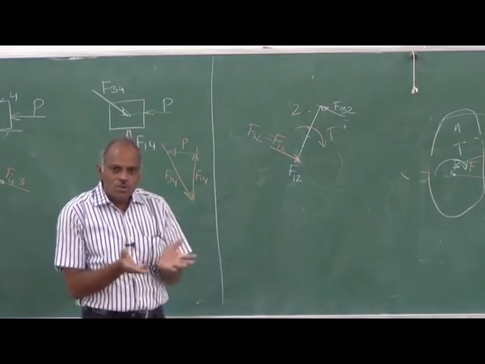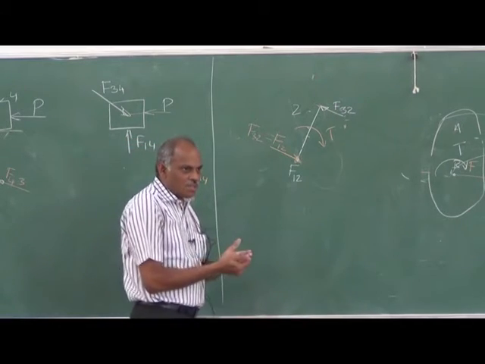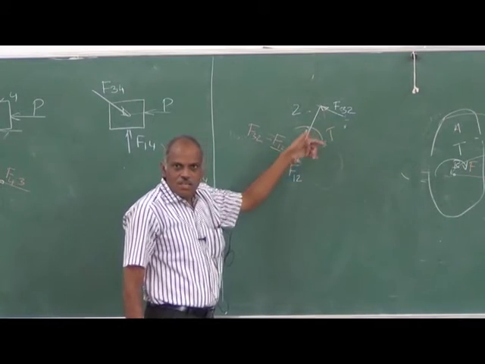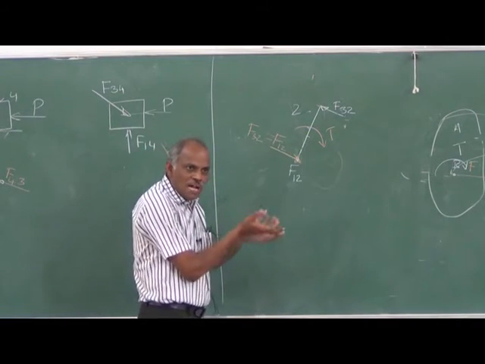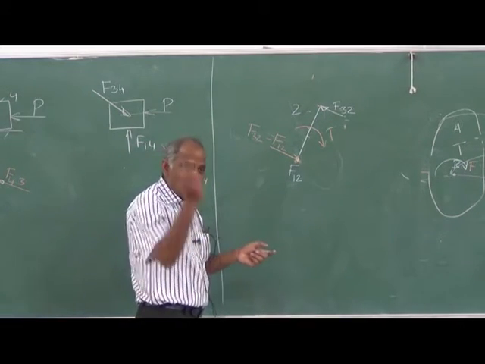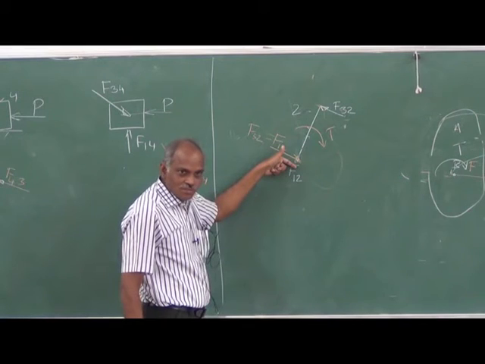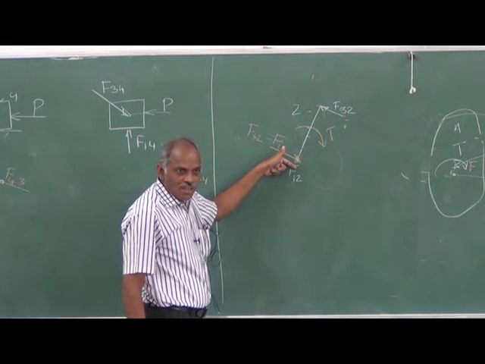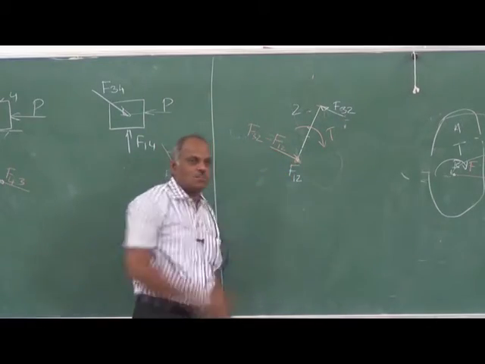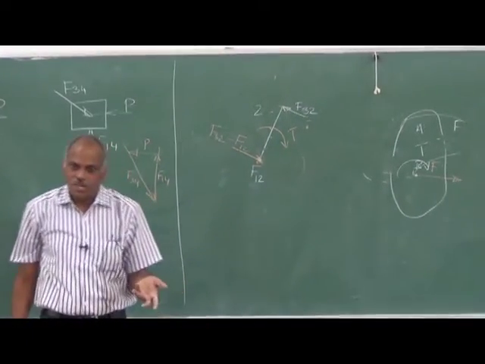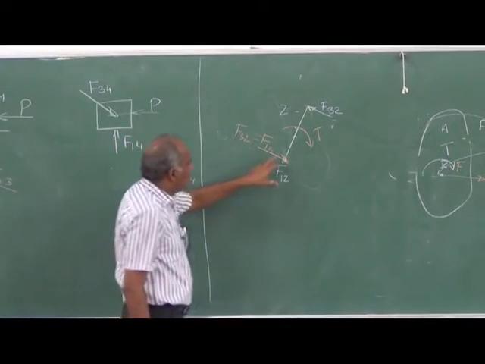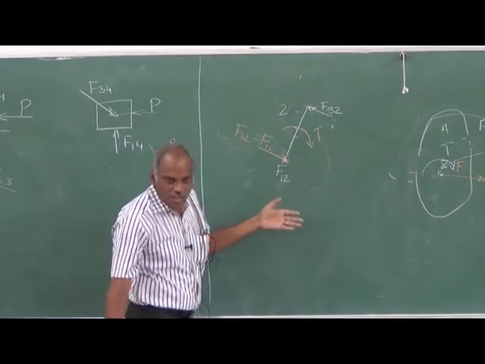So the meaning of this is, if I have a force F32 acting here and I want to balance that, to bring the system to equilibrium by applying a force somewhere else, then what would be required is not a simple force; you have to apply a force as well as a torque. Both should be applied. Then only you will have this effect. So that is what we are looking at.